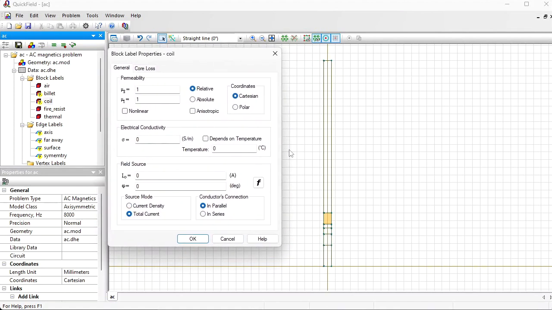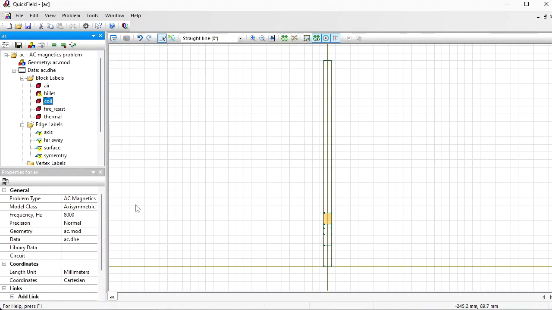current corresponding to this short slice of the coil, 700 amperes, which is a root mean square value of the sinusoidal wave. In QuickField, I should specify the magnitude of the sinusoidal wave, which is times square root of 2 more. Okay. For the billet,